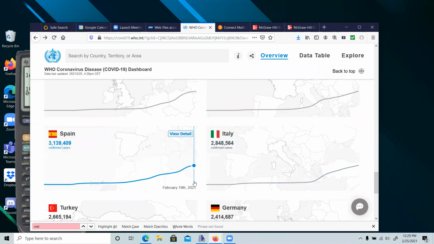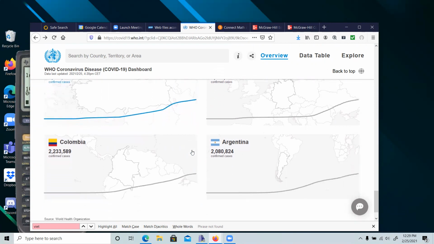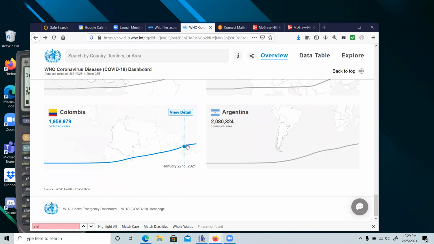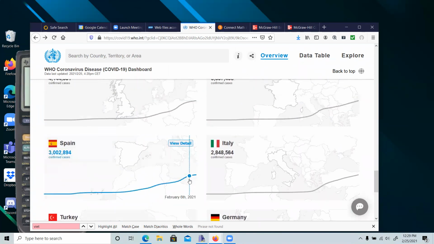When I was looking at the individual countries, a lot of times they would have this kind of curve, and then they would go up again because they had the second outbreak, the second wave. But just when we're looking, see Colombia, that's not looking too bad. Argentina, we could hope. But when we're looking at these kinds of curves for countries,